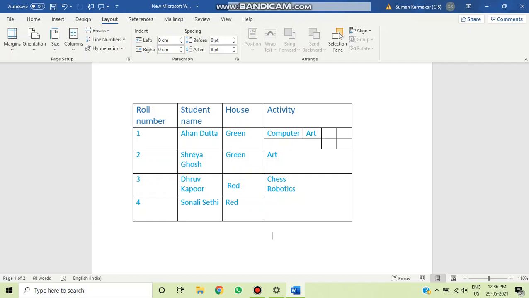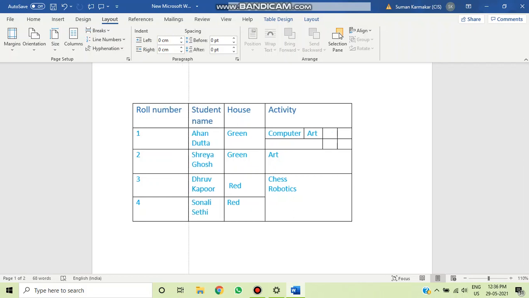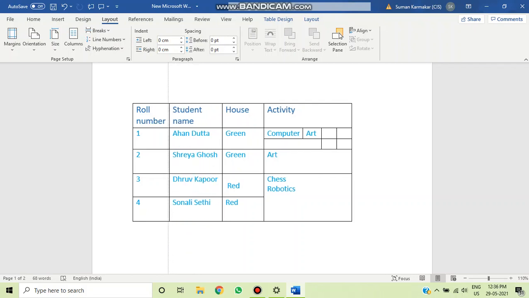Now, if you want to resize any column width and row height, how can you? It's very simple and easy. Say, for this particular cell, if you want a particular height and width, you just move your mouse onto the line and left click, and then you can resize your column size.